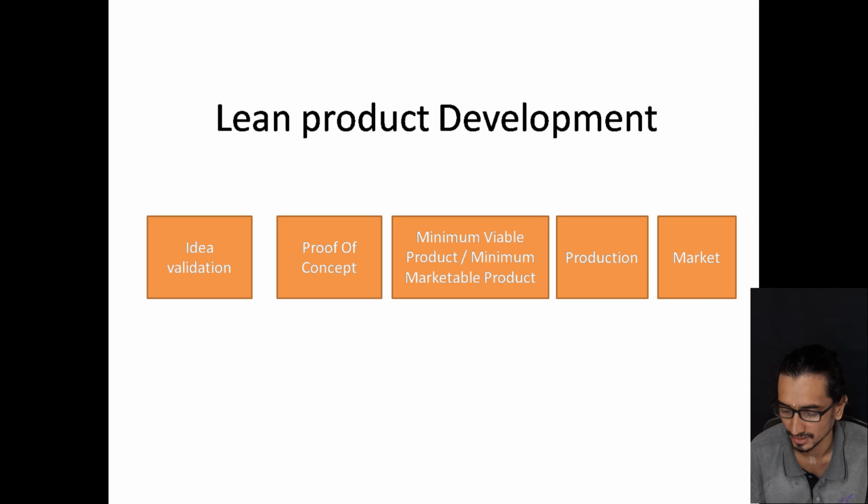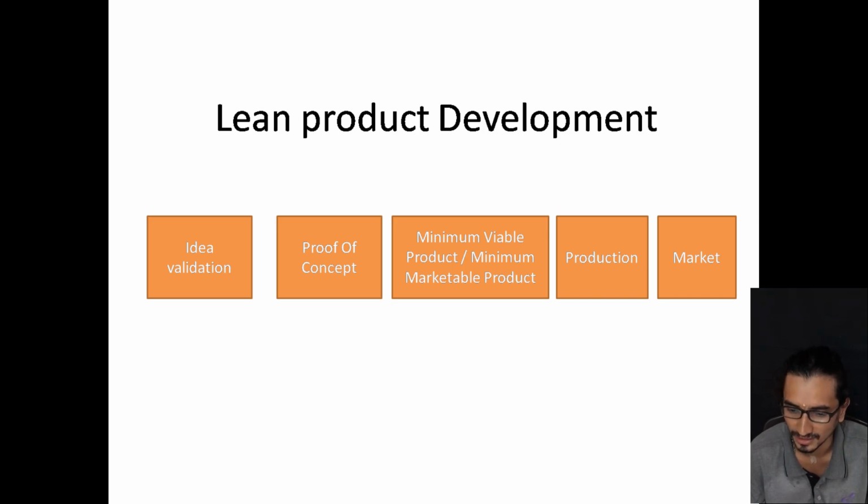So a proof of concept, you create to validate a concept, whether the idea you have come up with is valid, whether users would like to use it. But the proof of concept won't be sturdy, it won't be continuously usable, it might break. So with the proof of concept, you validate that there is a little bit of interest with respect to the concept, or that you can build it. So the next step you go is, rather than raising an investment or investing some money building the whole product,